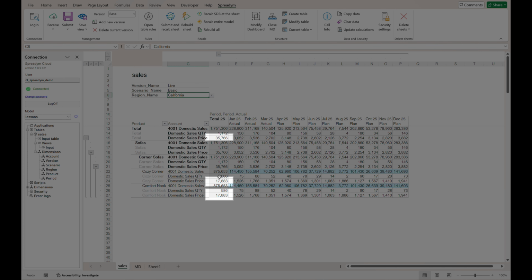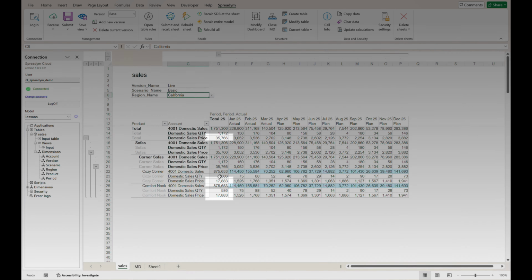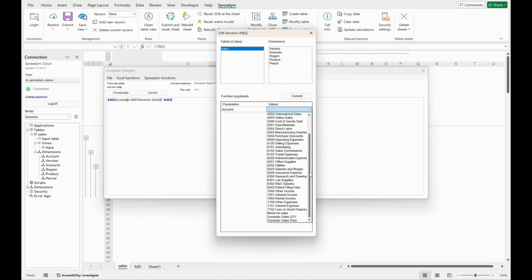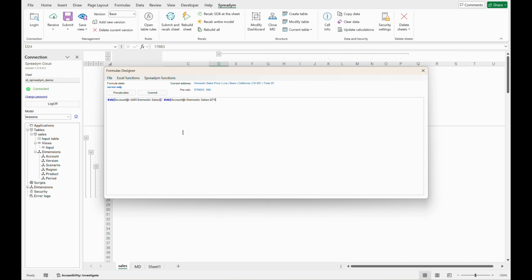Let's add a simple formula to calculate the price on consolidated elements. We select the cell and go into the editor. We divide the sales amount by the quantity. The calculation will be on cons elements. Now everything is good. Let's create a table with the production plan and pull in the quantity that we planned